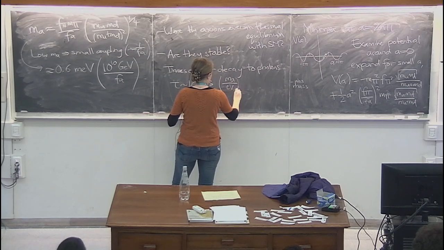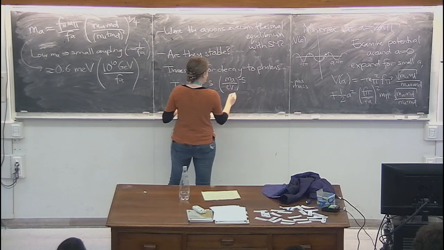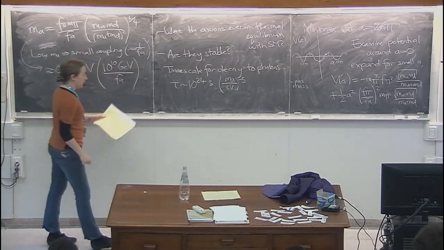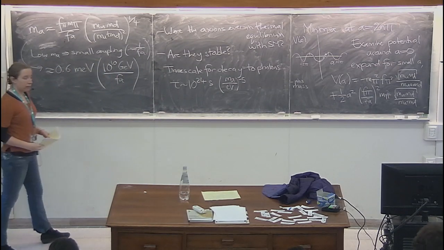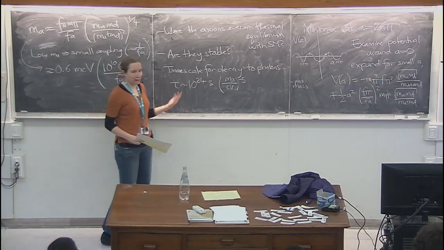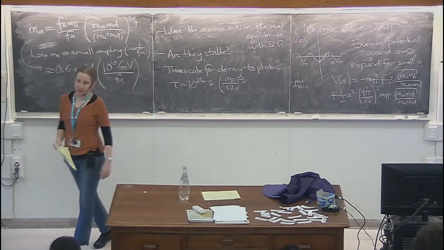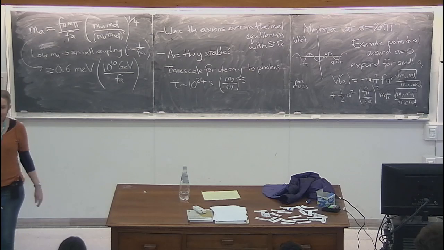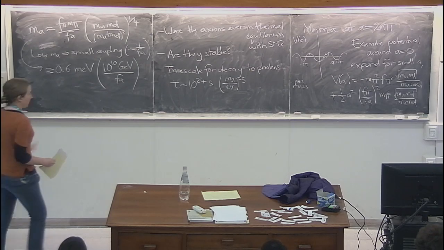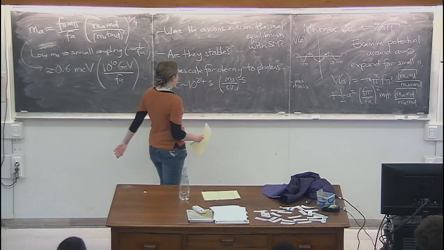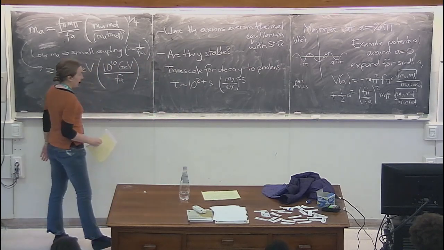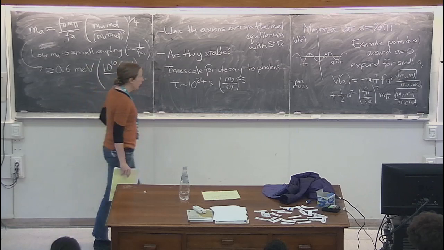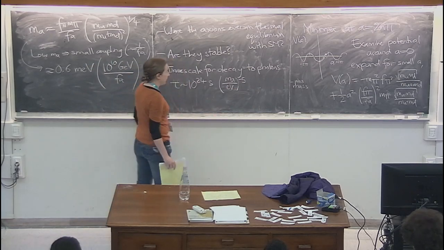So the age of the universe in seconds, we heard in the first day, 1 year in seconds is pi times 10 to the 7. The universe is about 10 to the 10 years old, so the age of the universe is about pi times 10 to the 17 seconds, or a little bit more than that. So this is 7 orders of magnitude longer than the age of the universe, so this is fine. But you see this scaling to the -5 with mass, so if you look at a 100 eV axion, the lifetime will be 10 orders of magnitude shorter, and that won't be a very good dark matter candidate anymore.